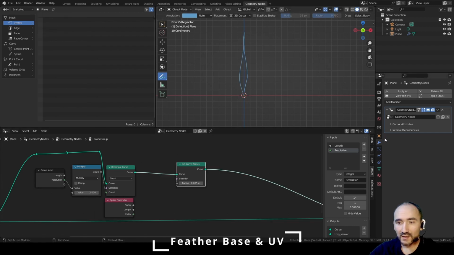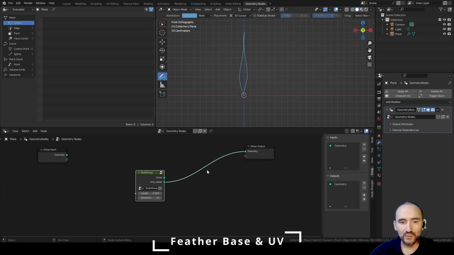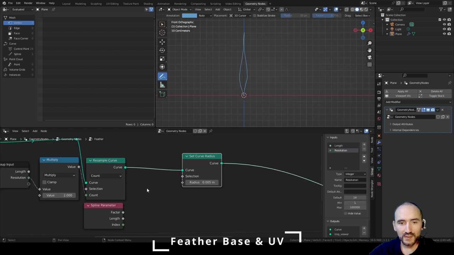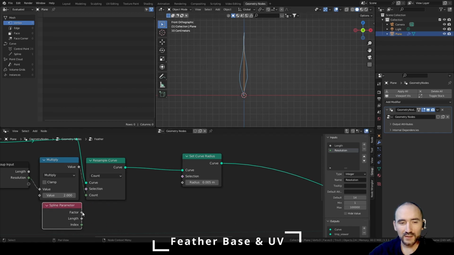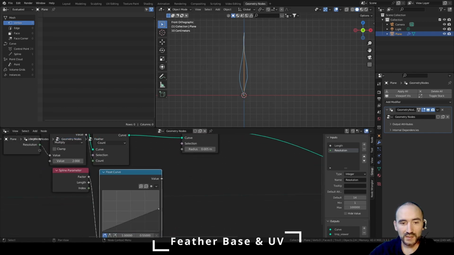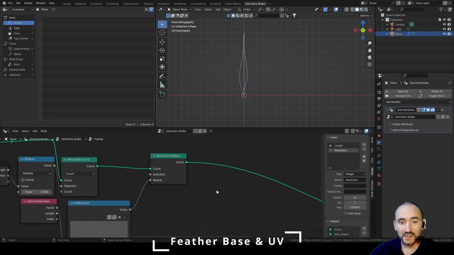You don't see anything because we need to exit with a tab from this group node and set the length to 1 for example, and 14 for the resolution. Rename these in feather, tab to enter the edit mode. This is our curve. Now we can use the factor and change the shape with a float curve node. We can set a simple shape like this for example,